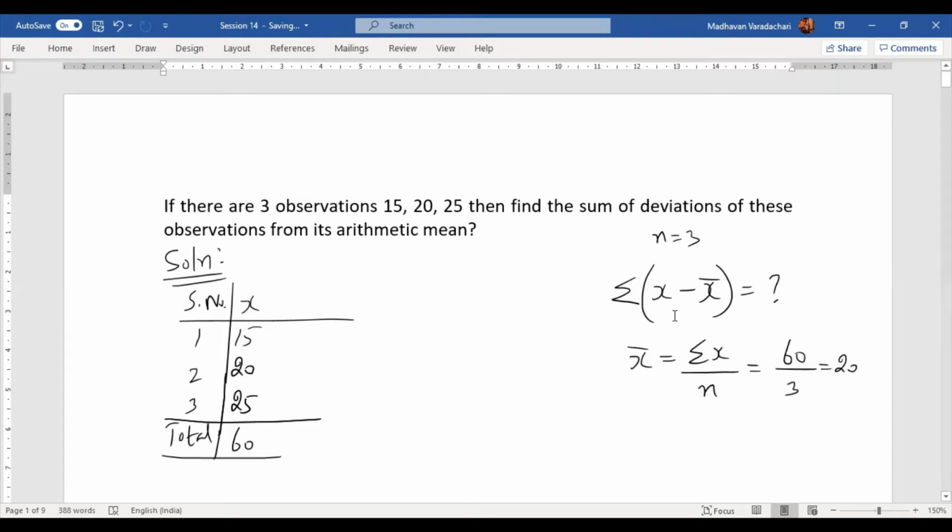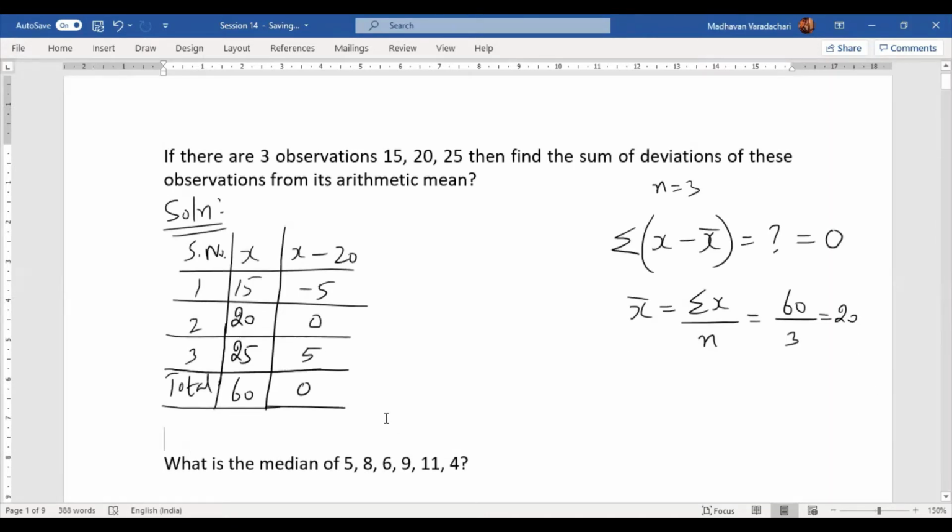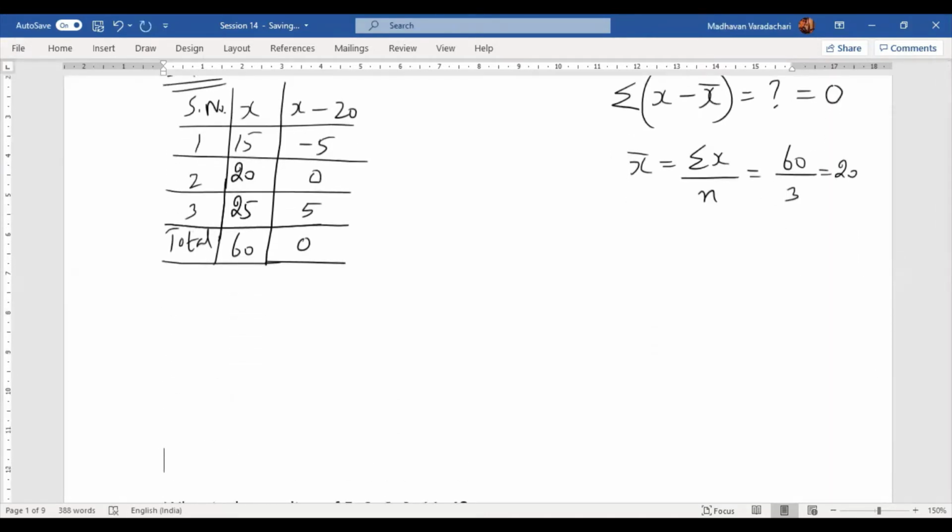Now, in order to find this x minus x bar, I'll create one more column. X bar, we just calculated, it is 20. So 15 minus 20 becomes negative 5. 20 minus 20 is 0. 25 minus 20 is 5. So if I add all this, I will get 0. This will always be 0, not just for these observations but in general. We'll also prove how it is